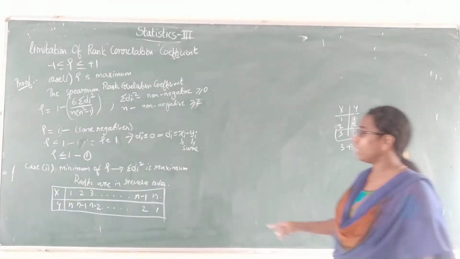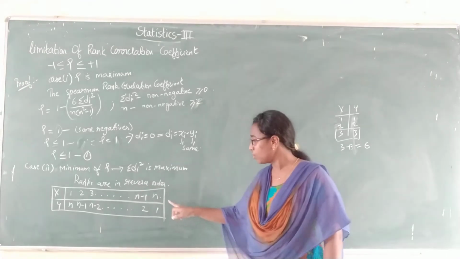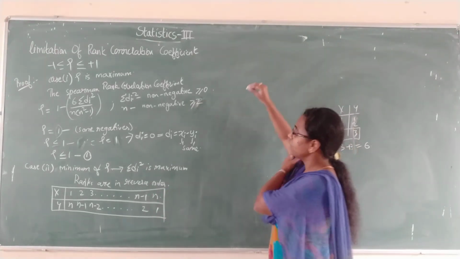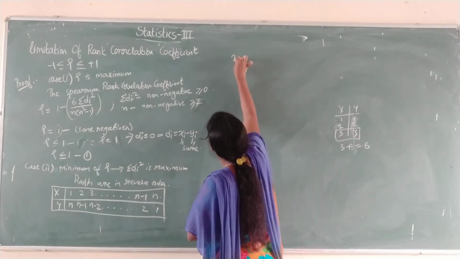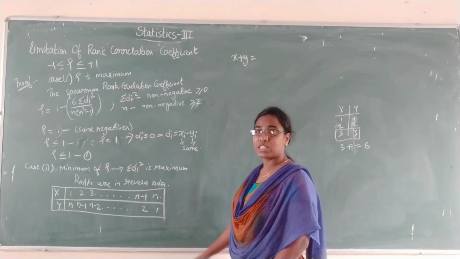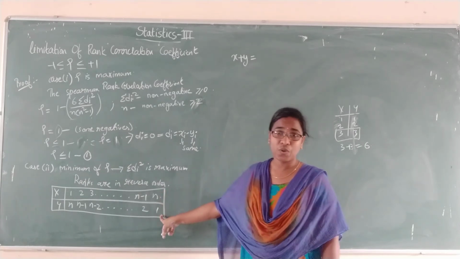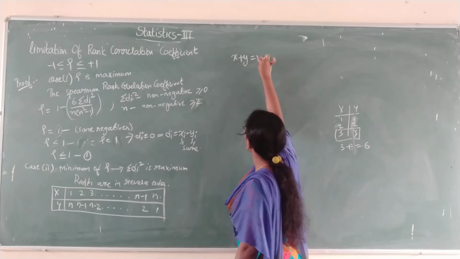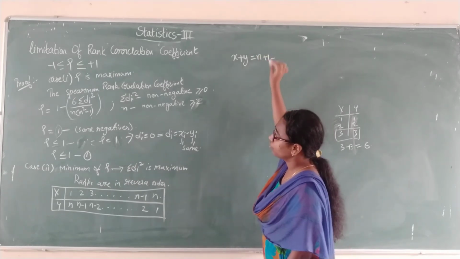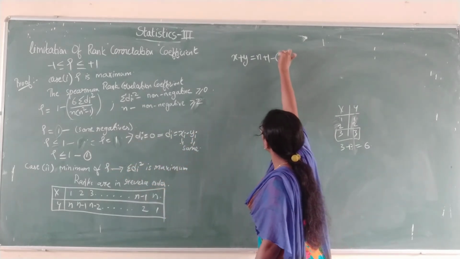Similarly here also, if I add x plus y, that is the last values, then only you will get the addition, right? So from the above table, if I write x plus y equals to, what is x plus y? The last value in x plus the last value in y. So x plus y equals n plus 1. Keep it as equation 2, as we have already written equation 1.